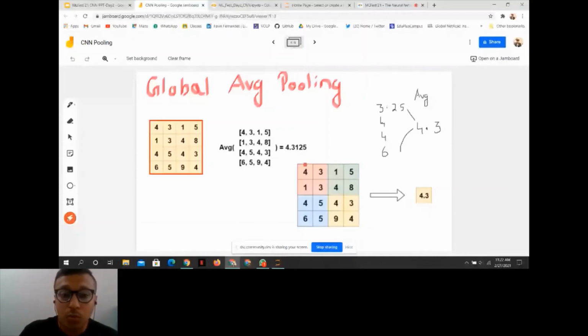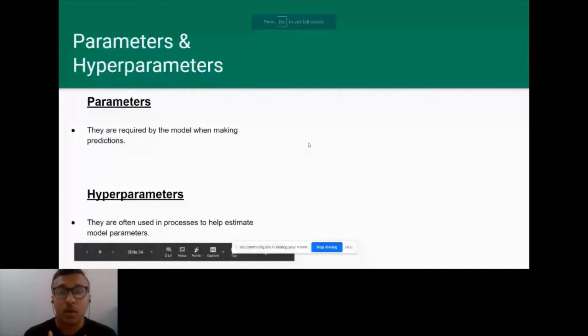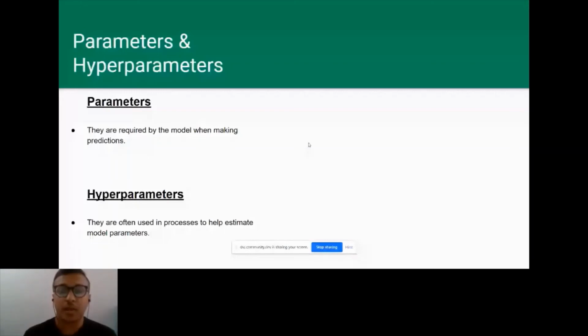Now I'll come on to what parameters and hyperparameters are. You guys know what basically a parameter is, and I've seen a lot of people getting confused about what a parameter is and what the difference between hyperparameters and parameters is. So basically a parameter is internal to the model. Since it is internal to the model, it helps to estimate the outcome or the prediction of the model. And parameters also tell the skill of the model, how good it is or not. So the examples of parameters are the weights of the model.